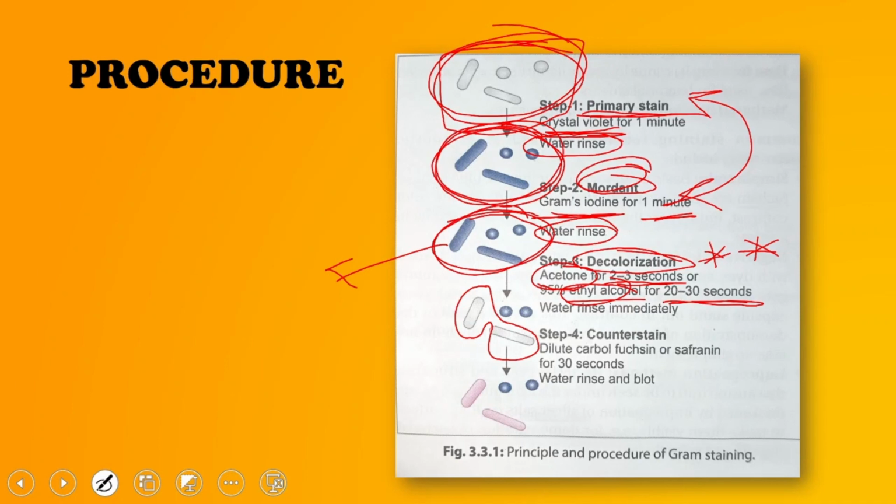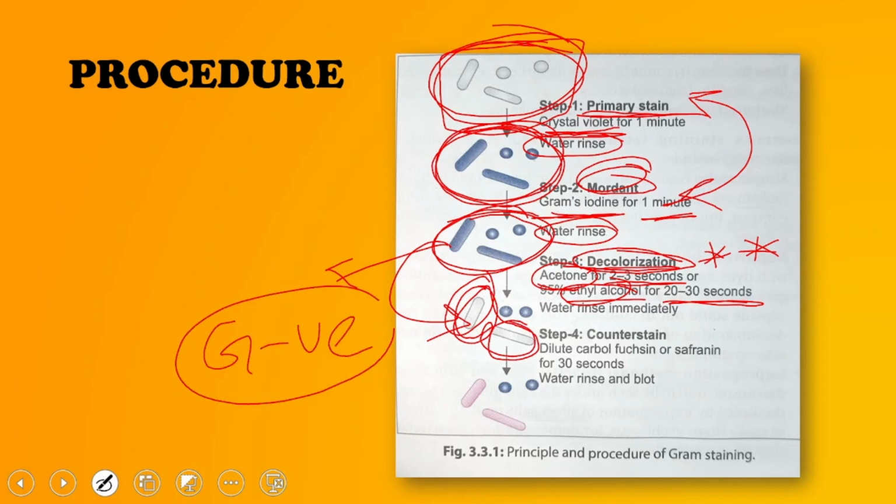The primary stain has disappeared from them, and now they have become colorless. Why so? These bacteria, which on application of a decolorizer lose the primary stain and become colorless once again, are all your gram negative bacilli. All your gram negative bacteria will lose the primary stain on application of a decolorizer.